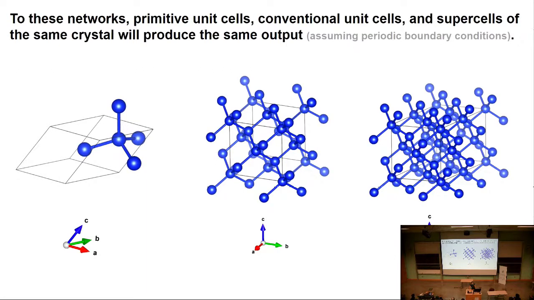Okay, and then another thing that's close to my heart as someone who deals with crystal structures, again, this is silicon, showing yet some more unit cells that are possible for silicon. So to these networks, they're primitive cells, which is like the smallest way to represent a crystal, conventional unit cells, the ways you normally show them, and supercells, which are basically bigger versions of the same crystal. They also contain the same information. These networks can look at these types of inputs with periodic boundary conditions, and it will produce the same outputs. It understands that this is the same thing. You're just showing me a bigger version, and all the outputs will transform accordingly.